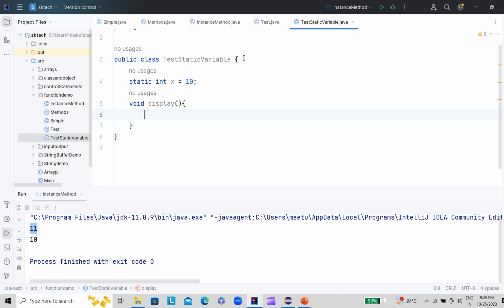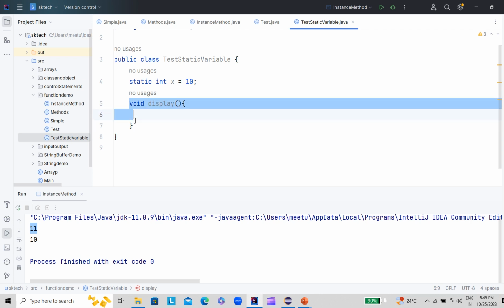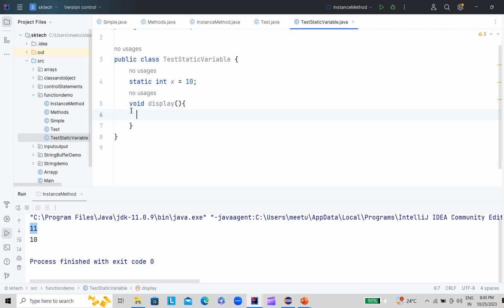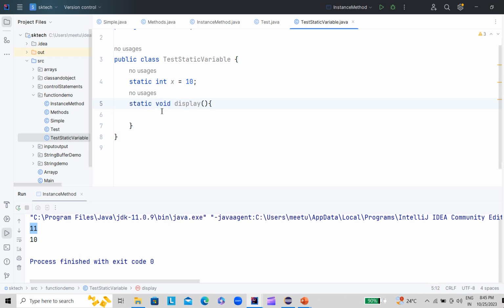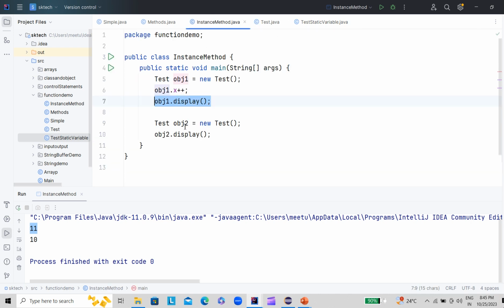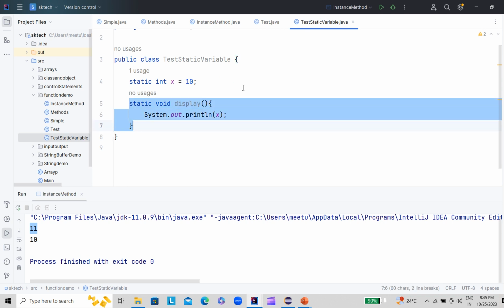Since this is a static variable, it will not be accessible inside the instance method if we have not used any keyword here. So let's use the keyword static here also. So this instance method now becomes a static method, and we will also see how to call these static methods. To call an instance method, we use an object of that class, but a static method can be called with the help of the class name dot method name. There is no need to create an object of the class. So let's see how we can test it.